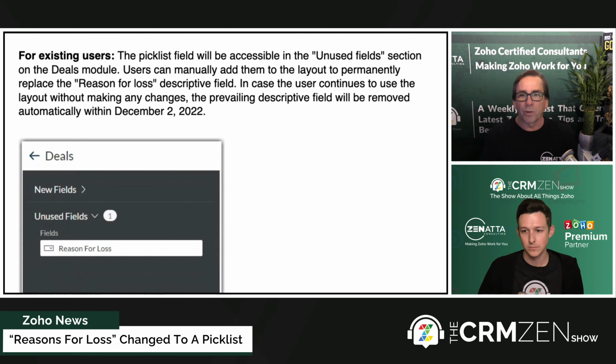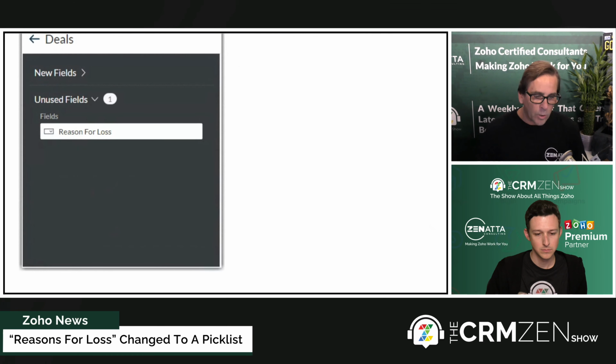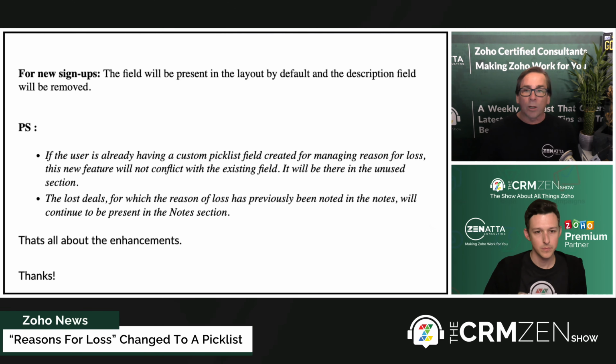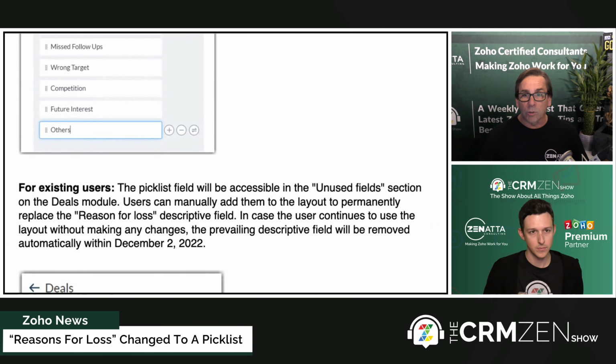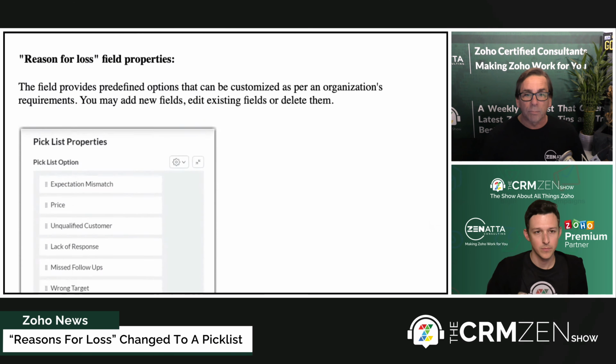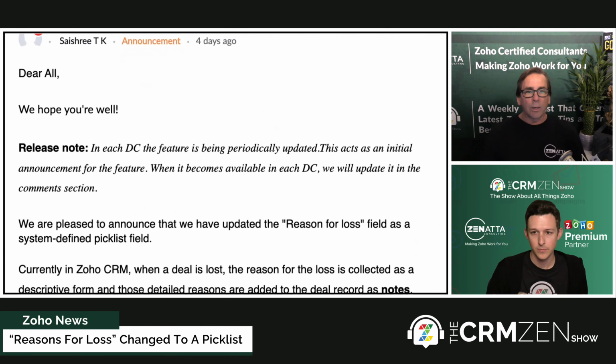So if you liked the free flow form ability to write why they lost the deal, you'll have to create another custom field. If you are an existing user and you have these text fields and you like them, where you're basically able to type in your reason, you're going to have to create another custom field in your deal where people can actually free flow type this information in, because in December, it's going away. On December 2nd, you won't have that field there anymore. All right. And with that, Tyler, let's get right on into the implementation of the week.